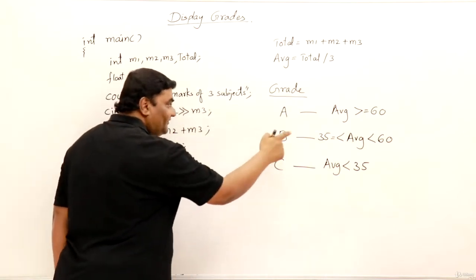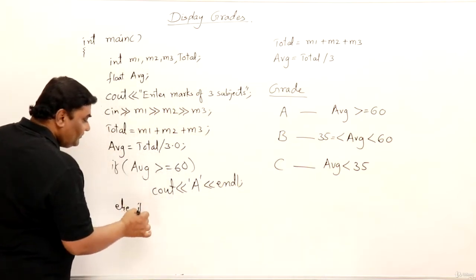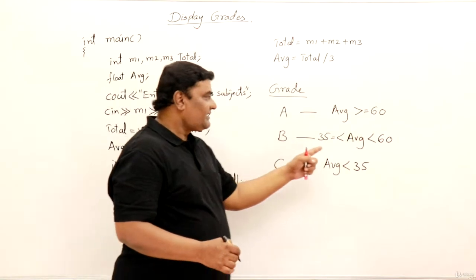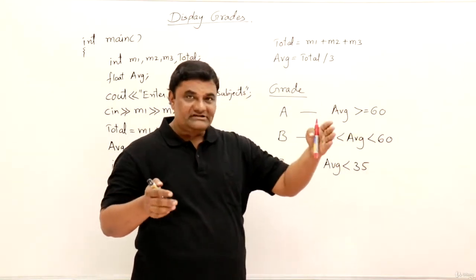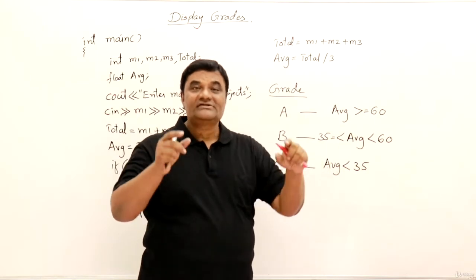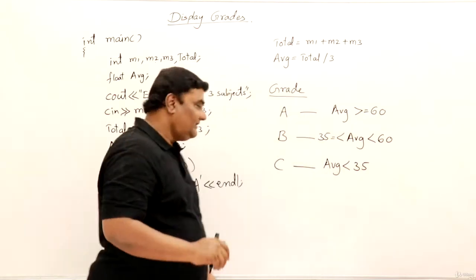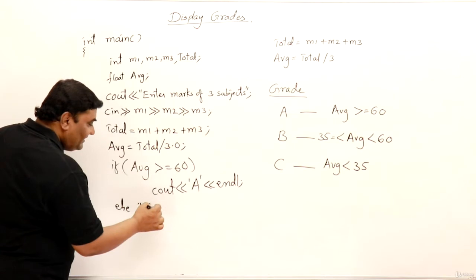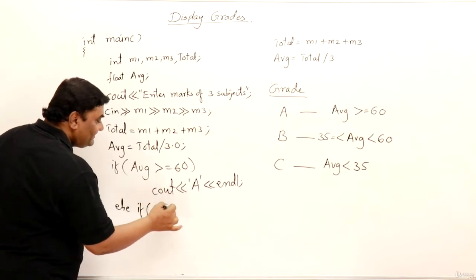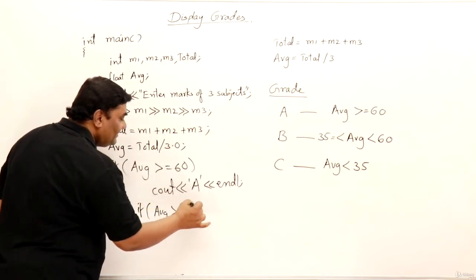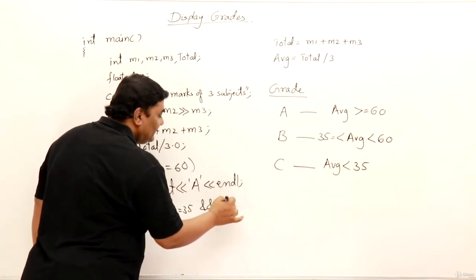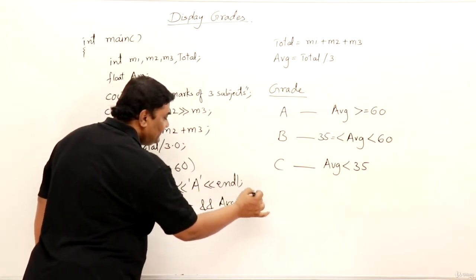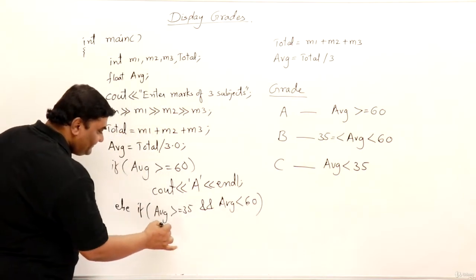Else again, if one more condition is there. Now remember, this is within range 35 to 60. From 35 to 60, between means you have to take and. So I have to write 2 conditions. Average is greater than or equal to 35 and average is less than 60. Then for this we will display